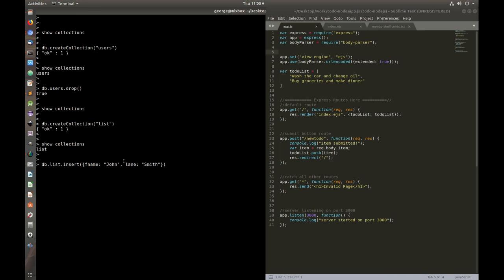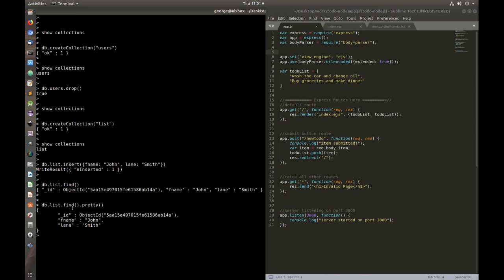And notice how every single field is separated by a comma. So I'm going to press enter. If I do now db.list.find, it'll give me the document inside my collection. There is a function called pretty. You can do db.list.find().pretty, and this will print it in a JSON formatted style, easier to read. As you can see, we have key and data